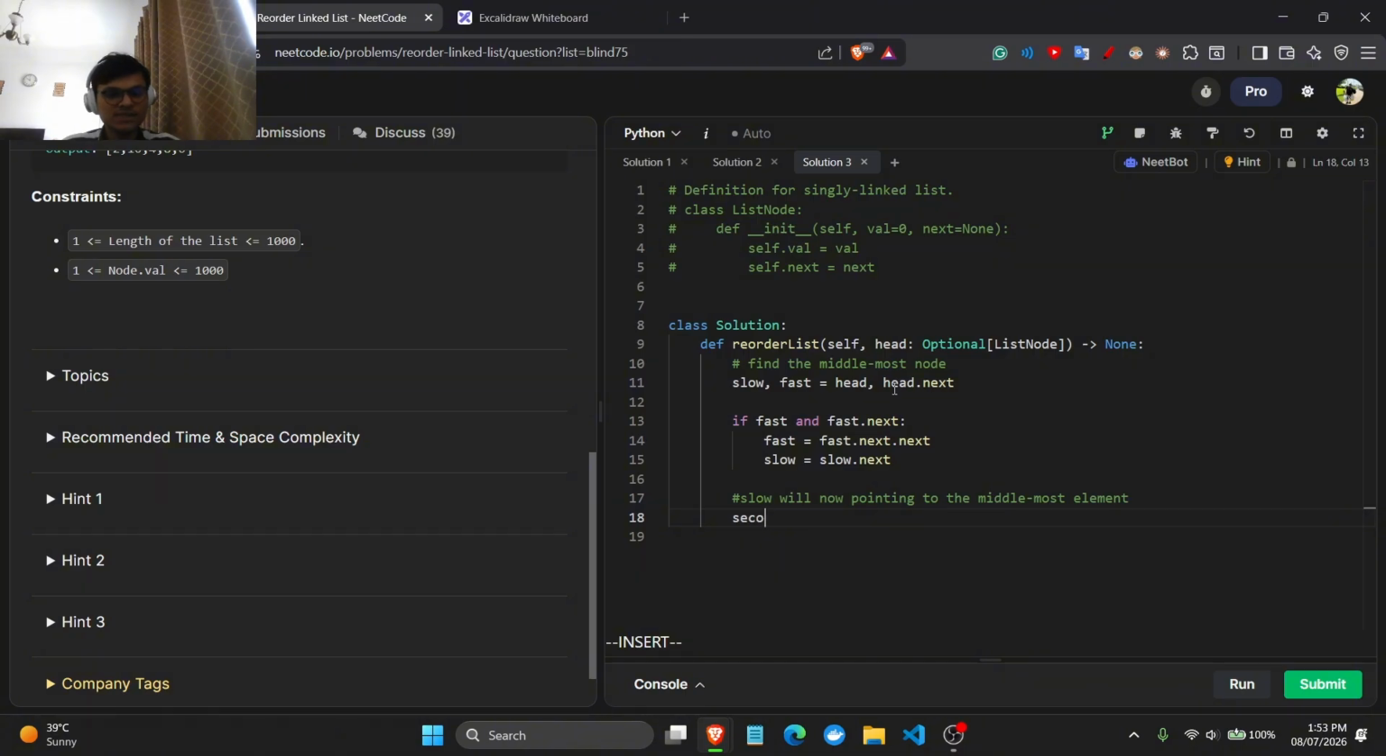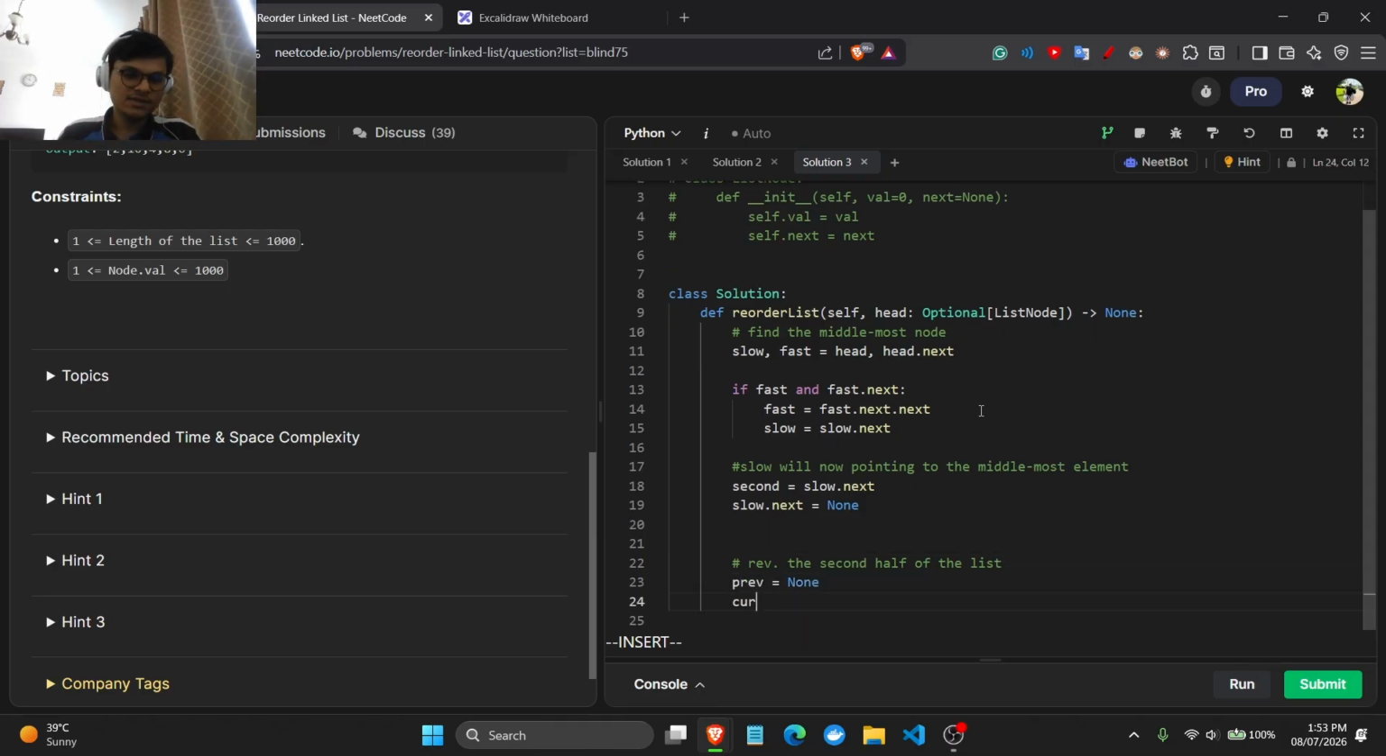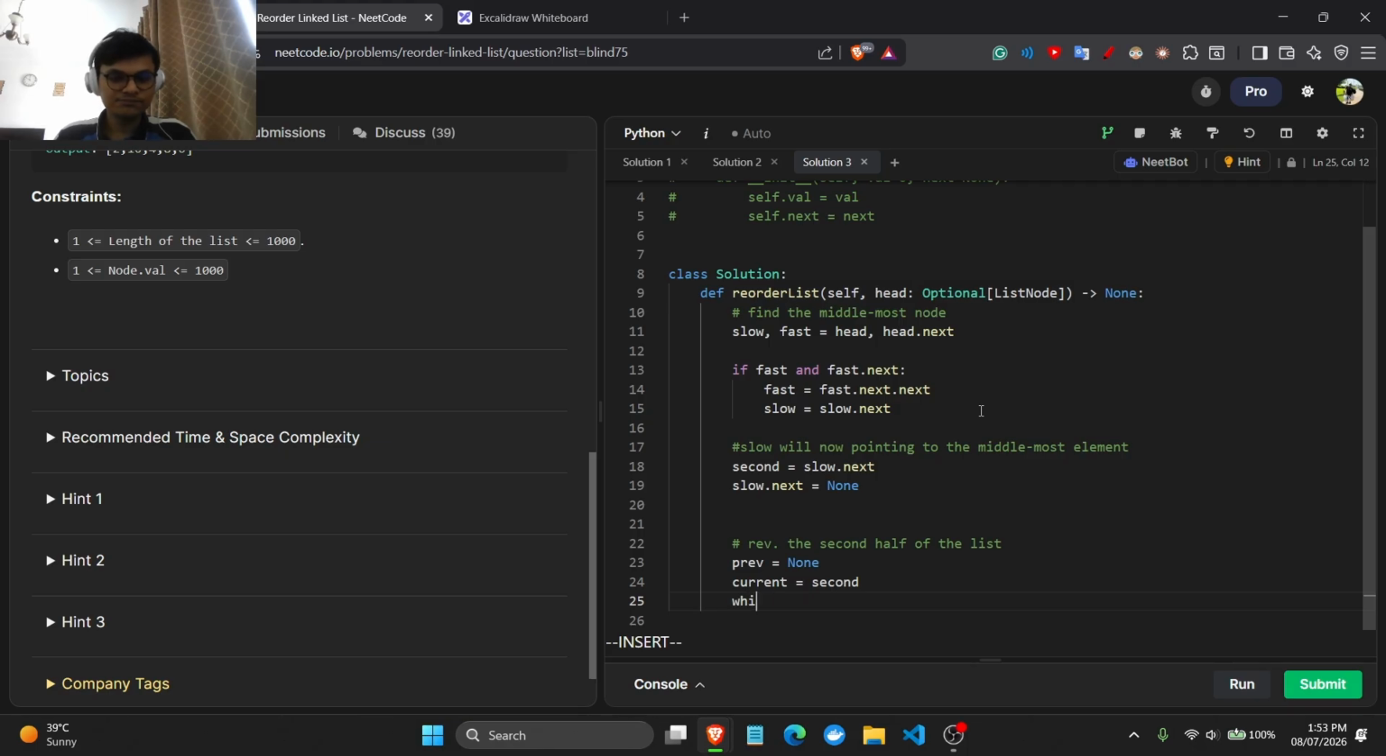So we want to say second is equal to slow dot next, and we now disjoin the list. We'll set slow dot next to none. Now reverse the second half of the list, and we know how to do this. We can say previous is equal to none, and current is equal to second. We have been doing this for so long, so we can say while current is not none,